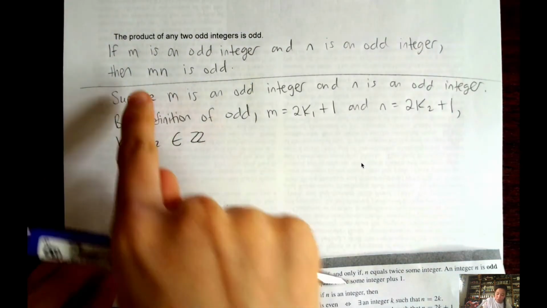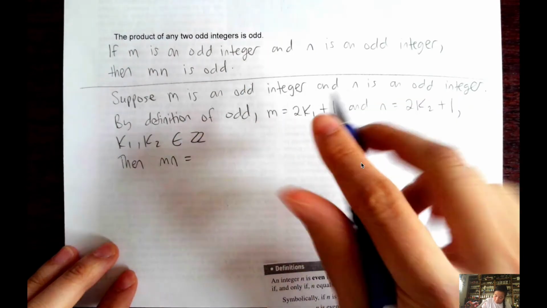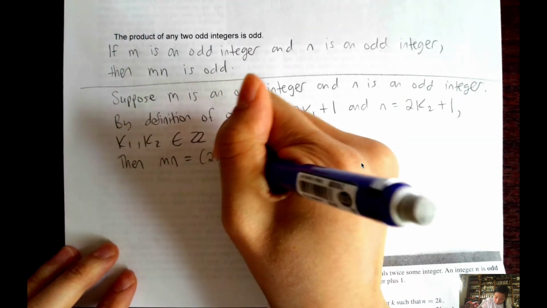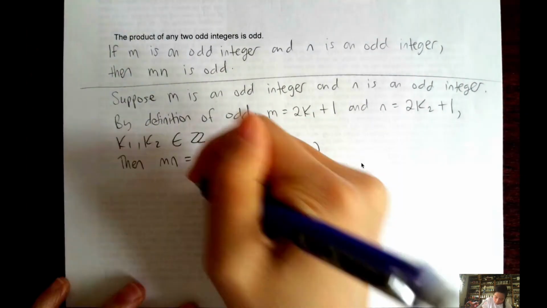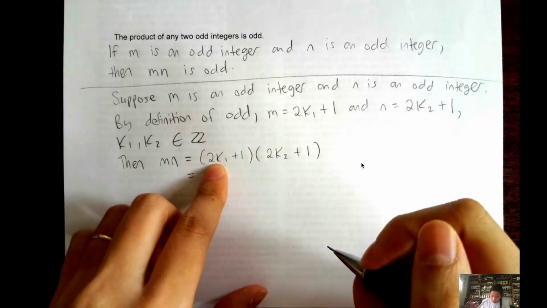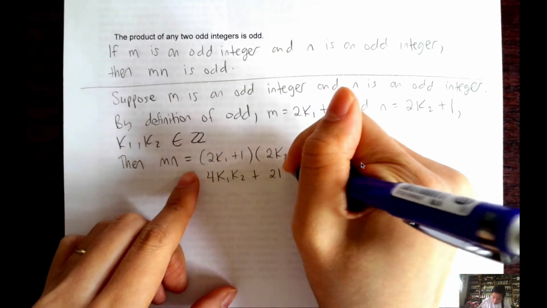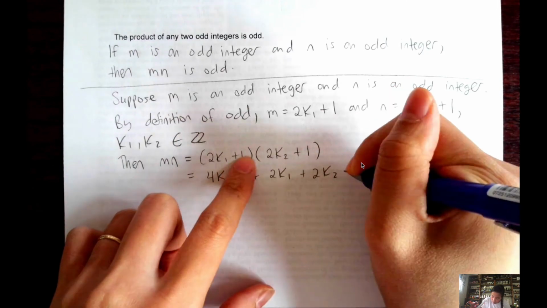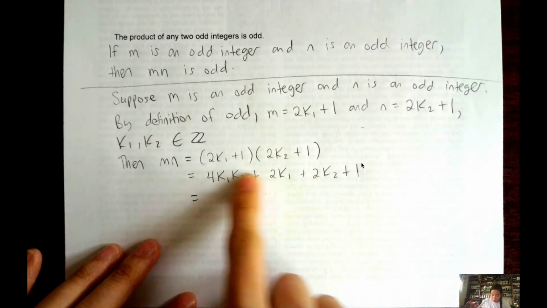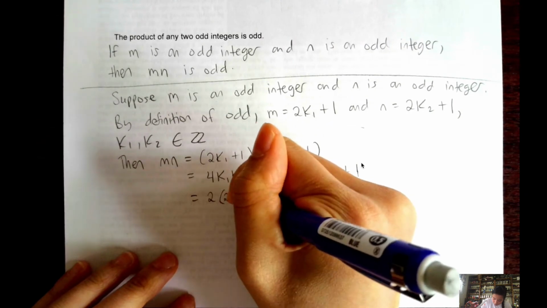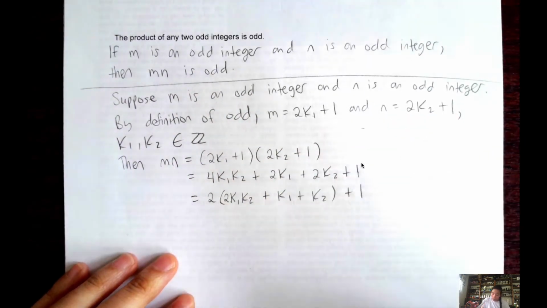So now you want to introduce mn. So then mn equals m times n. So 2k1 plus 1 times 2k2 plus 1. And then now we could just distribute it. So 2k1 times 2k2 is 4k1k2 plus 2k1 plus 2k2 plus 1. And that equals, well, you could factor out a 2 right here. So 2 times 2k1k2 plus k1 plus k2, plus 1, where